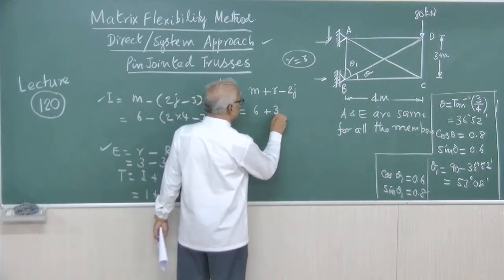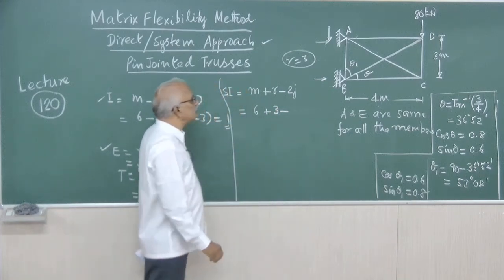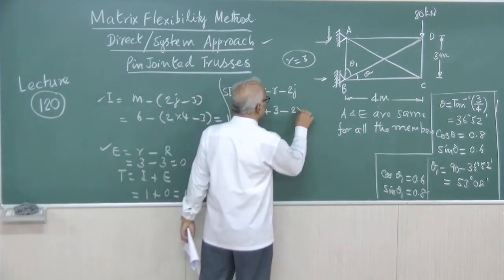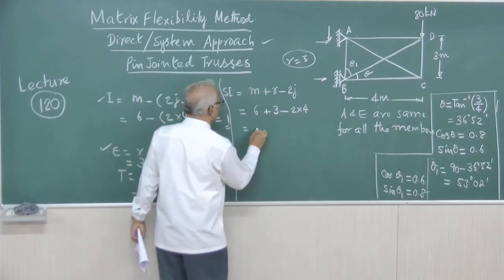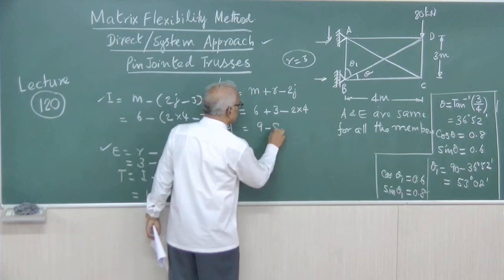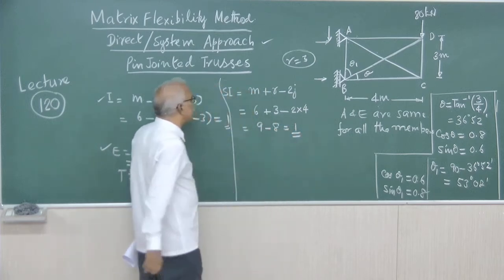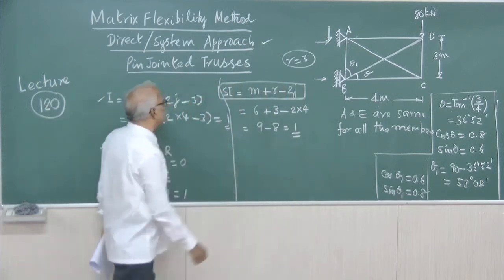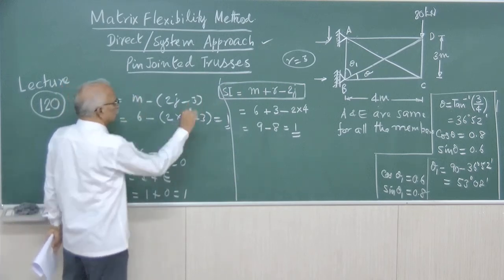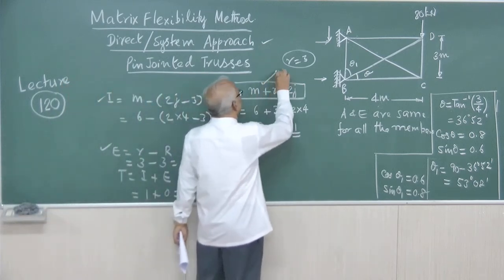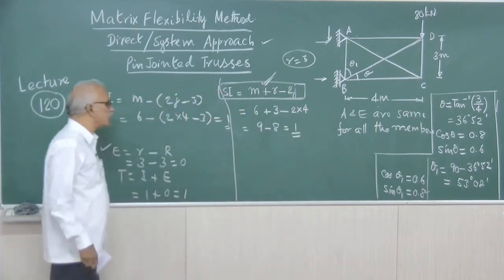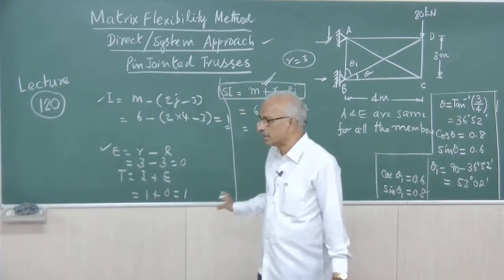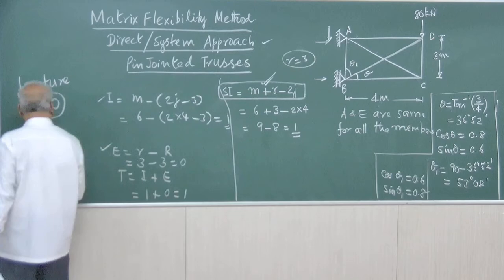So, m plus r equal to 9, minus 2 into the number of joints. There are 4 joints A, B, C and D. Therefore, 2 into 4. So, this is equal to 6 plus 3 is 9, minus 8, equal to 1. So, this is also another formula, and this formula also can be used instead of the earlier ones. I am introducing this formula newly because if you see it in some multiple choice questions, one need not get confused. That is also a way of finding out the degree of static indeterminacy.